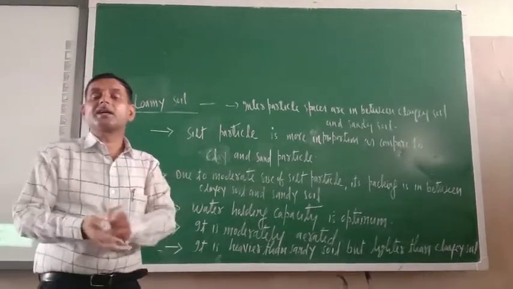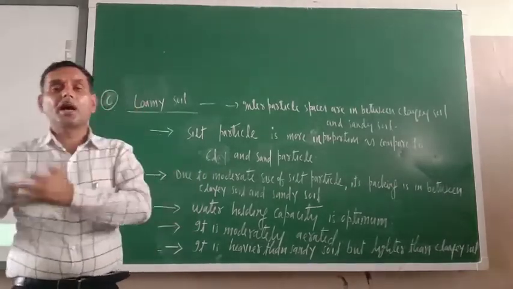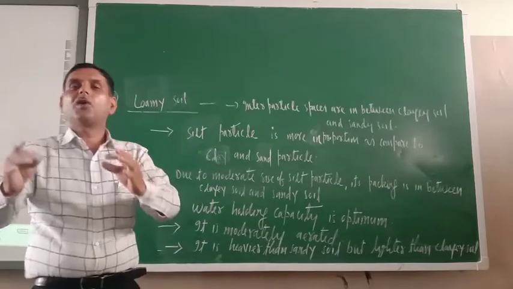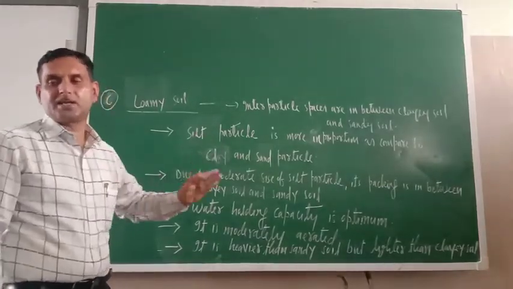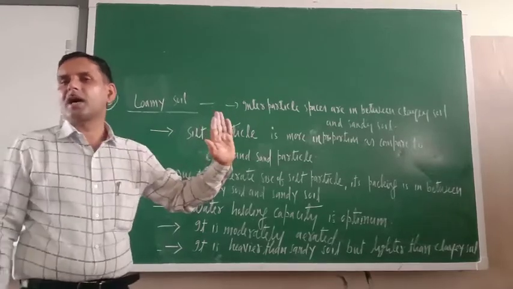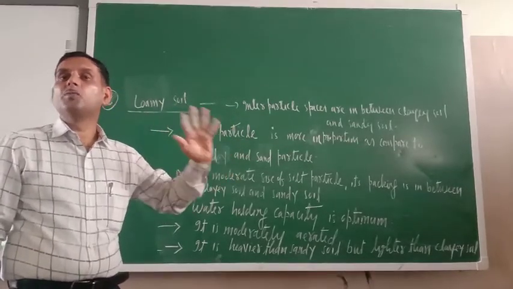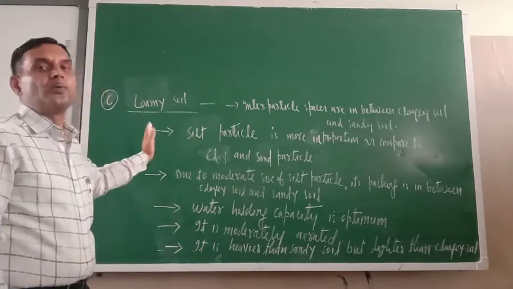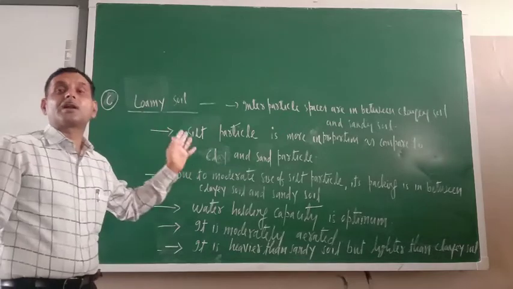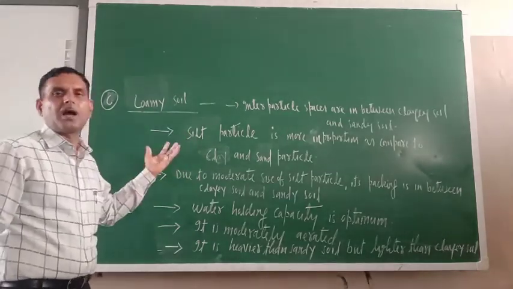But there are certain crops which neither want much water nor want less water. So for the growth of such types of crops, loamy soil is the best. And a variety of crops are in this category only. They neither want too much water nor want less water. So loamy soil is the best soil for the growth of different kinds of crops or plants.